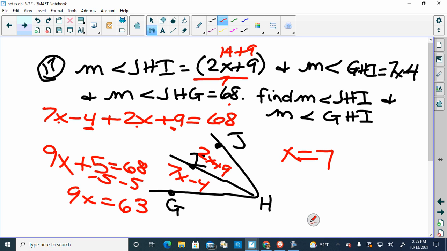Okay, so if I plug 7 in there, 7 times 7 would be 49. 49 minus 4 would be 45. Okay. So the two answers should add to equal 68 if you did it right. So you should have 45 and 23. So multiple ways to be checking that. Okay, we good? Okay, so those four pretty much sum up everything,